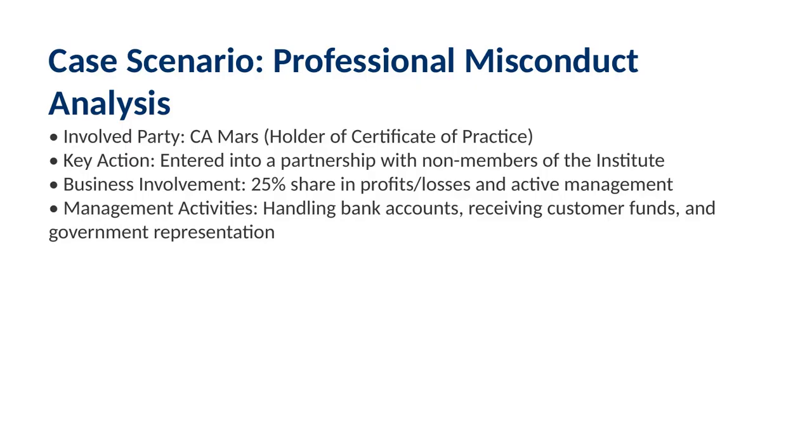All right, everyone, let's dive into this critical case study. Imagine you are part of the engagement team conducting a statutory audit for a branch of a nationalized bank, which we will call Mars. During your audit, you notice a very suspicious pattern. There are a large number of cash credit accounts that remain only partially utilized for most of the year. But suddenly, in the month of March, these accounts become fully utilized. When you dig deeper, you find that these account holders used those funds to create fixed deposits right at the end of the year. To make it even more obvious, these deposits were liquidated in the first week of April of the next financial year.